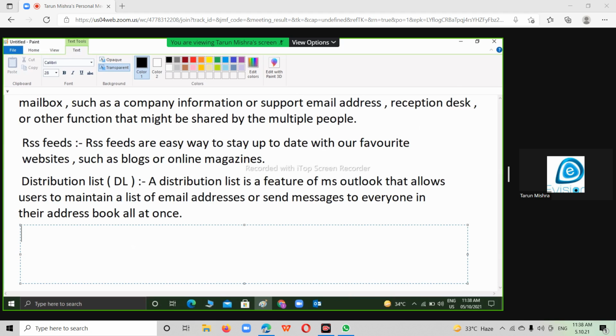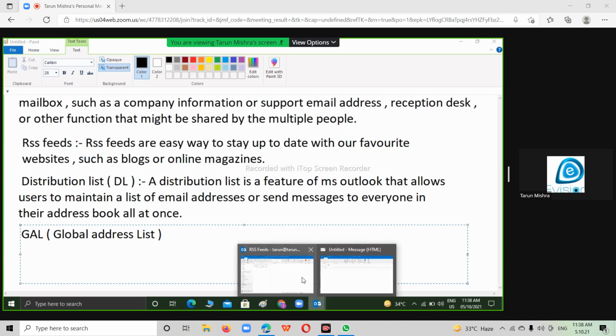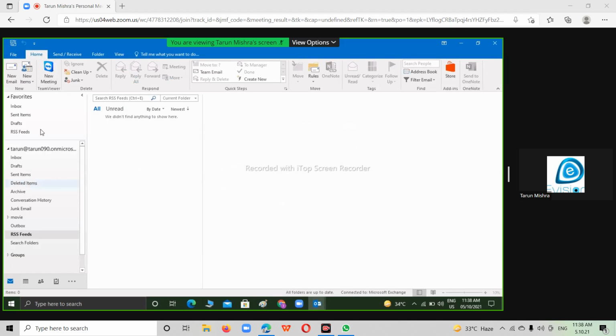What is GAL now? We call it global address list. We got a list of users from the address book, from New mail, right?